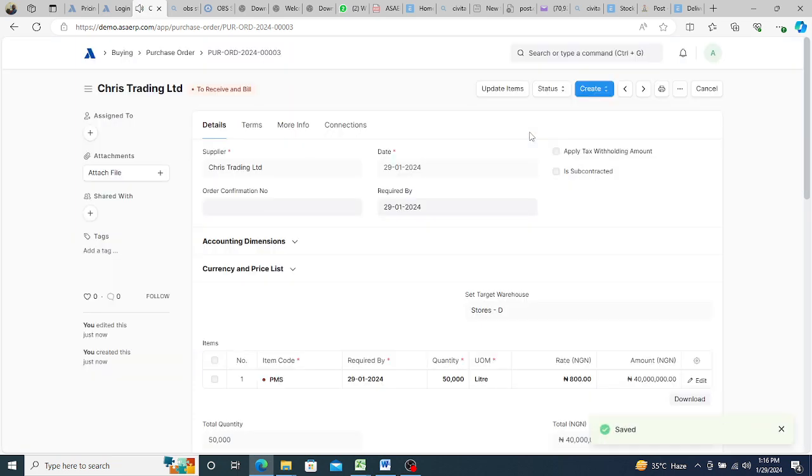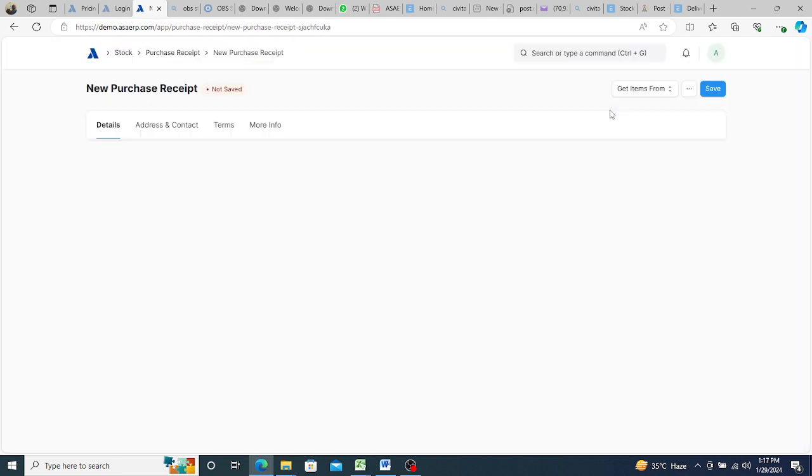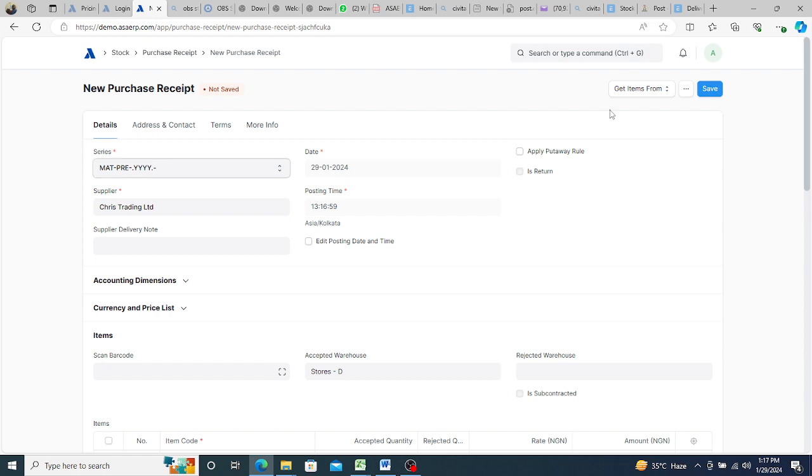So after you've created your purchase order, the next stage is you have to now wait. After you send the order to the supplier, you now wait to receive your consignment, the product. Once you receive the product, from the same purchase order, you can create your purchase receipt. That means receiving the product in the warehouse. The same way you receive the product physically in the warehouse, the same way you receive it in the system,